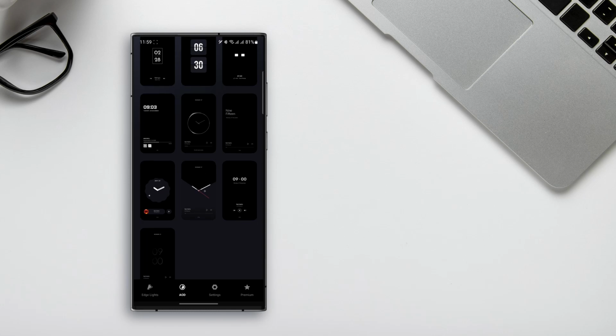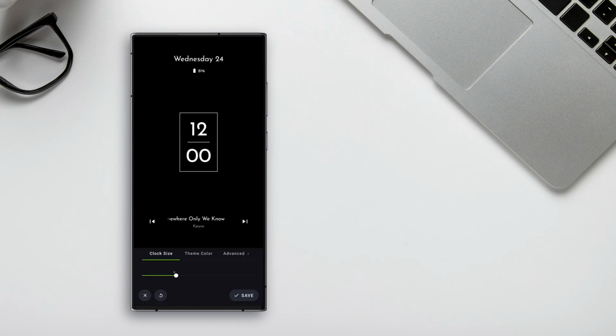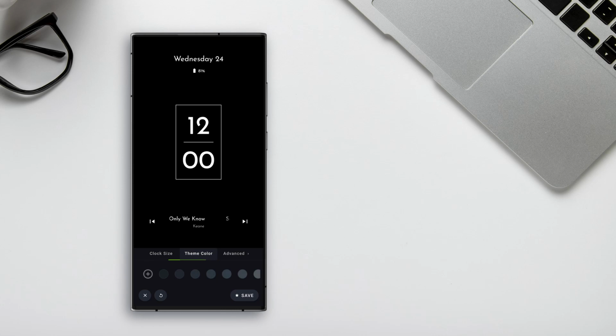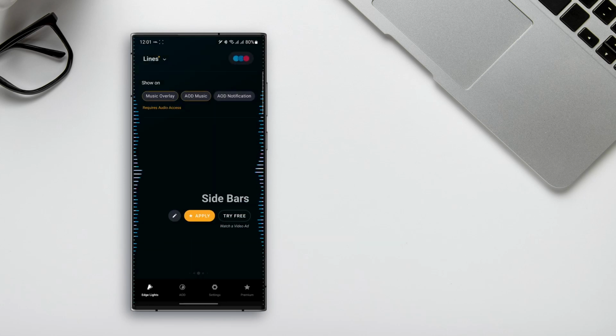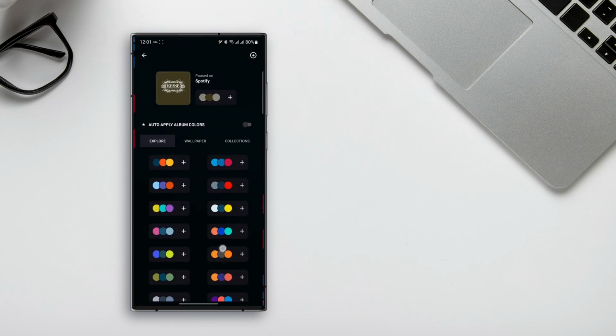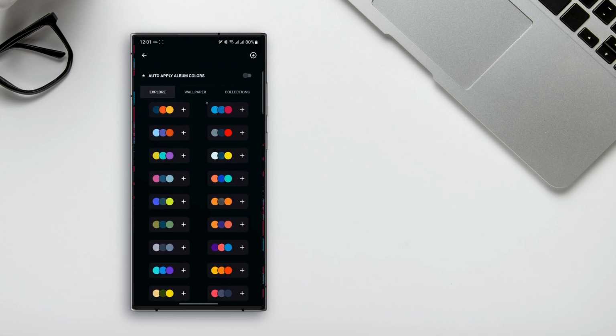can choose from. You like something, just apply, and it's amazing that they let you make edits in terms of size and colors. So you can make something that matches your mood. Similarly, you can go into edge lights and choose from various edge lighting styles, and there are quite a lot of these. Also, you can choose from all of these color themes or let the music album cover decide the